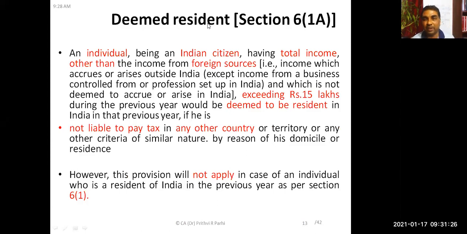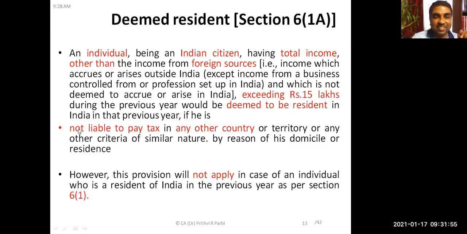Section 6(1)(a) we are talking about. Can you read it? Deemed resident. Deemed resident concept, we'll see. Now you see what this deemed resident concept is. An individual being a citizen whose total income other than from foreign sources, that means Indian income, exceeding rupees 15 lakh in the previous year would be deemed to be resident in India in the previous year if